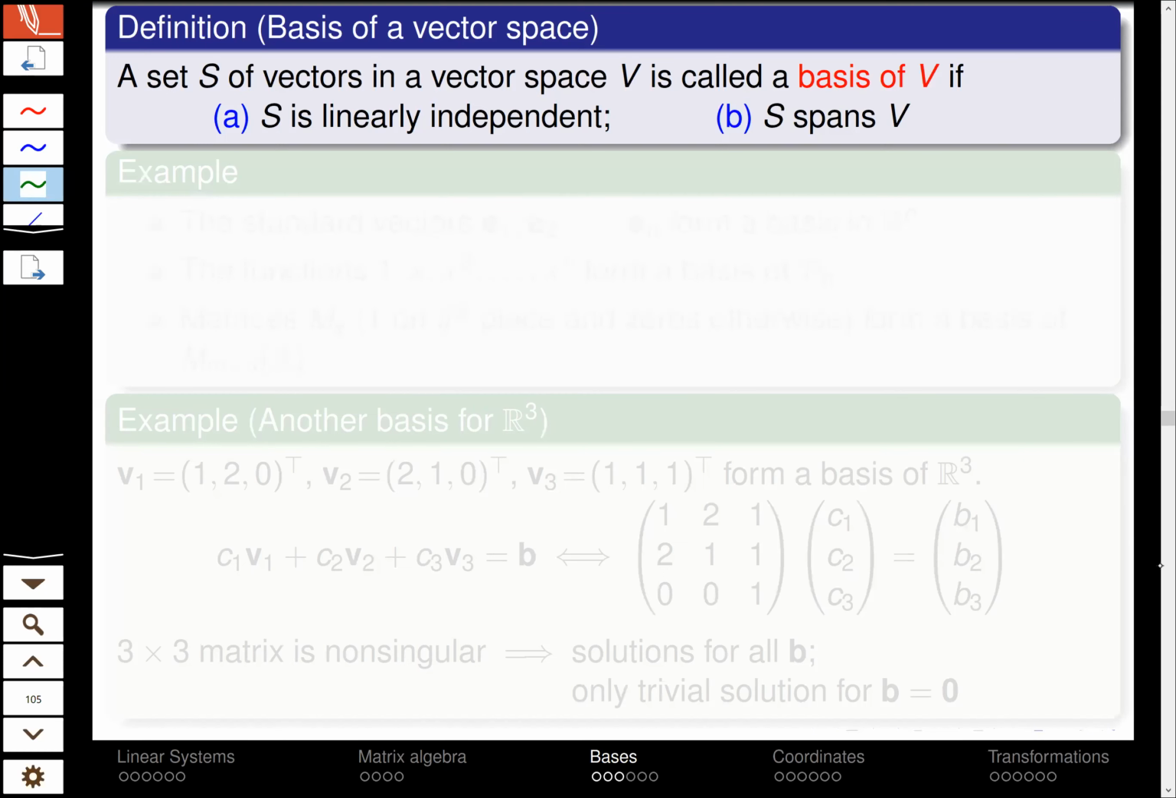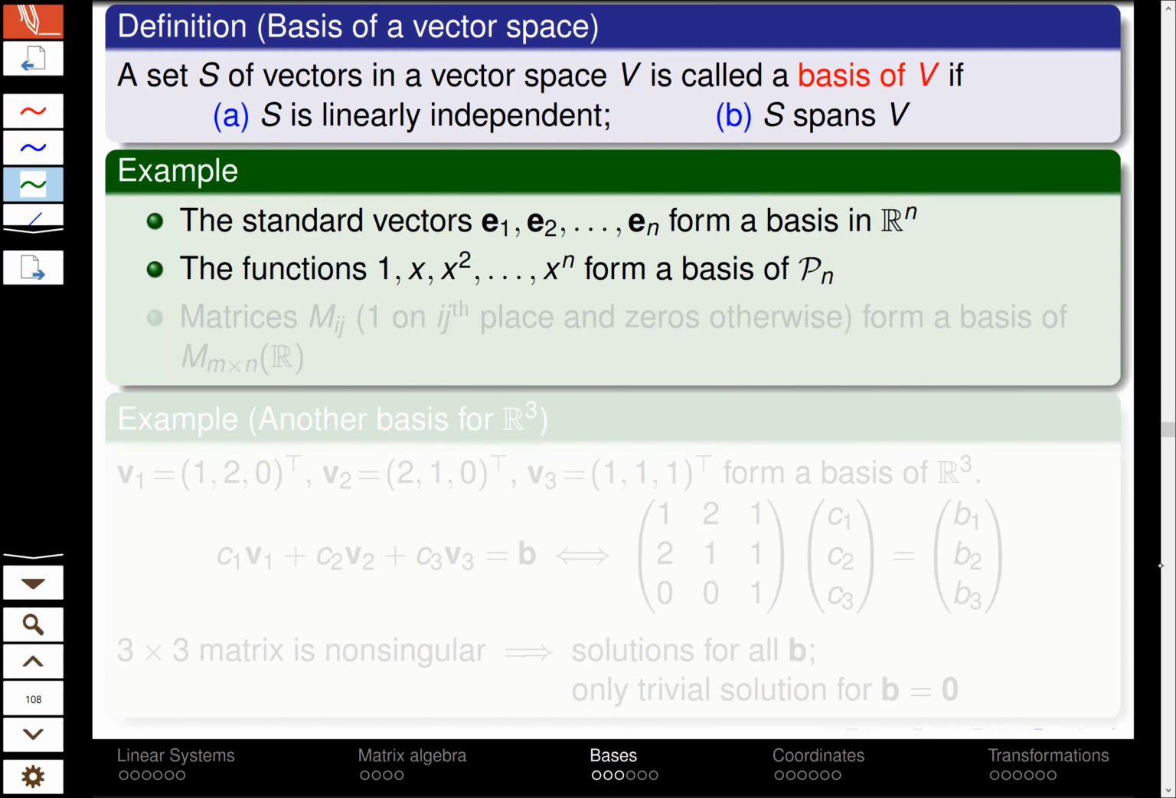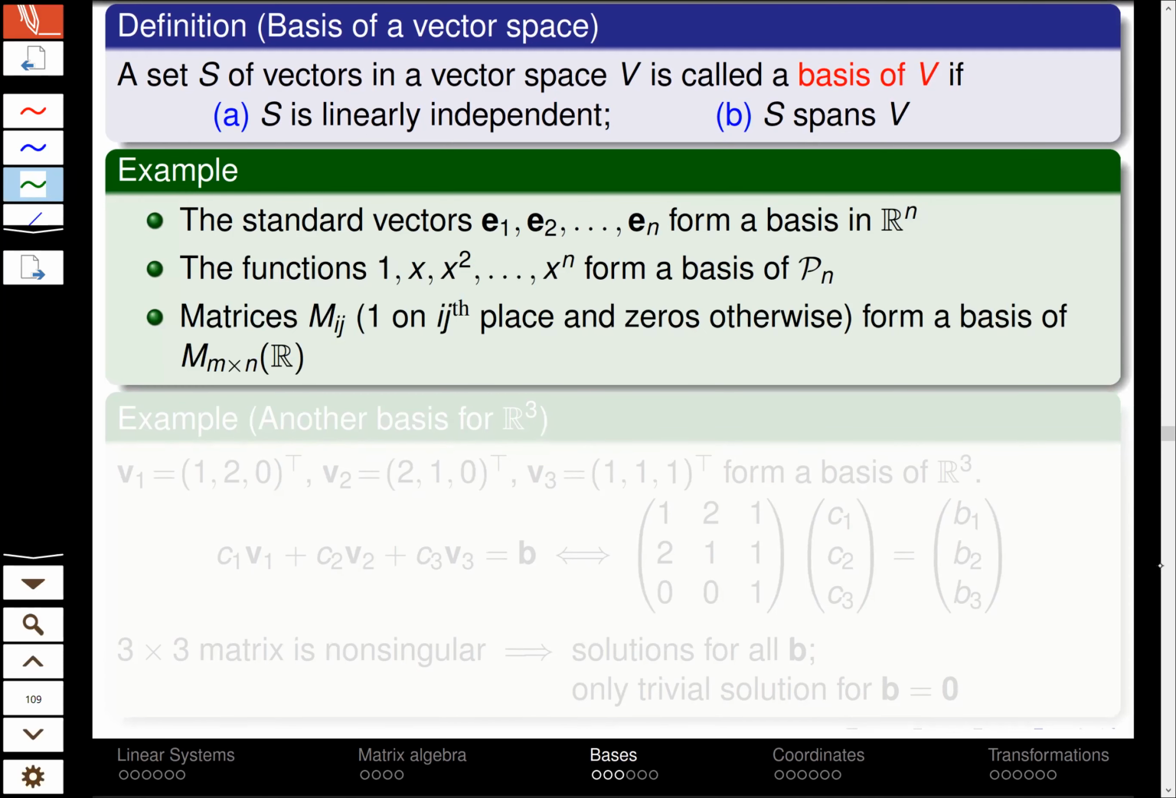Good. Now, a very important notion related to the linear vector space is that of a basis. So basis of a linear vector space is just any subset which is both linearly independent and spanning. Spanning means that every vector in V can be obtained as a linear combination of those from S. And the examples are, for instance, the standard vectors E1, E2, and so on, En in Rn, so 1, 0, 0, 0,